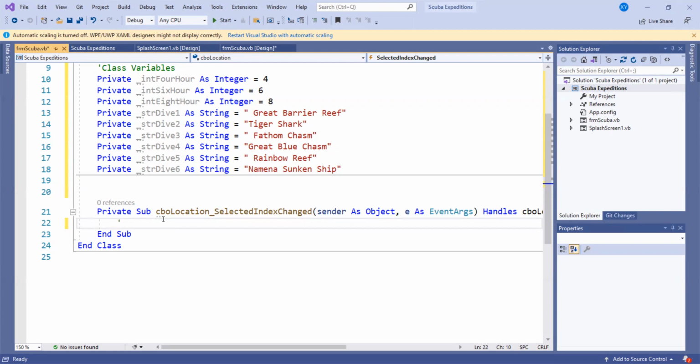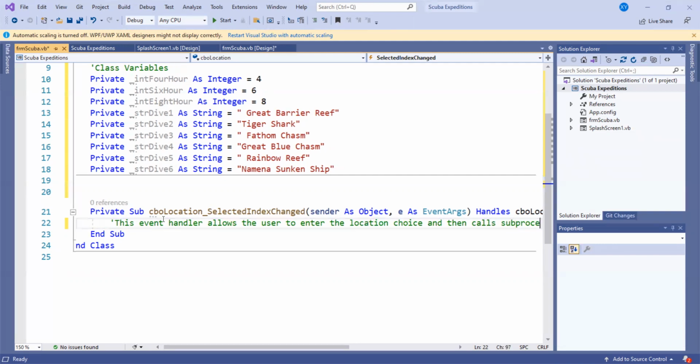This event handler allows the user to enter the location twice and then call the sub procedure